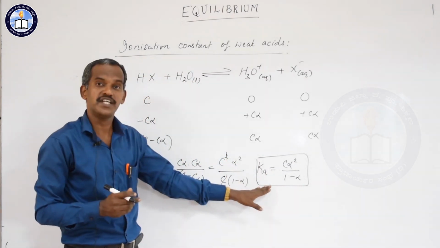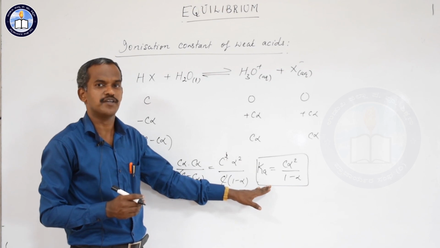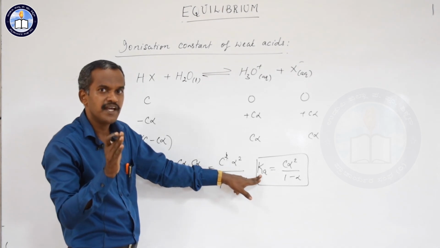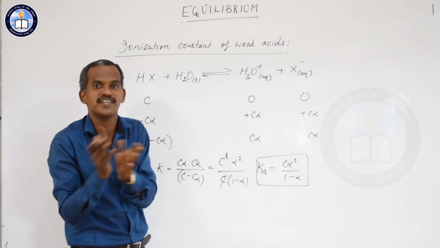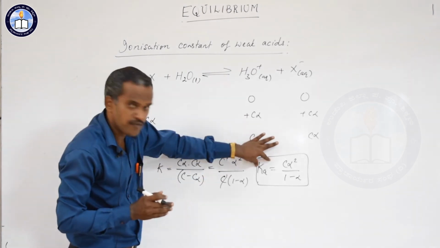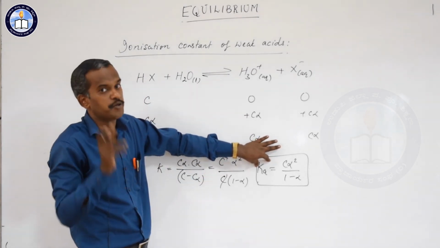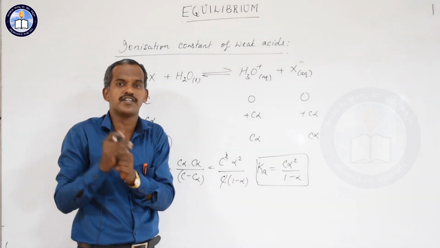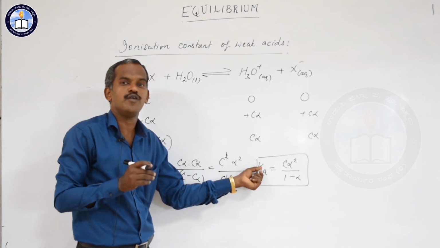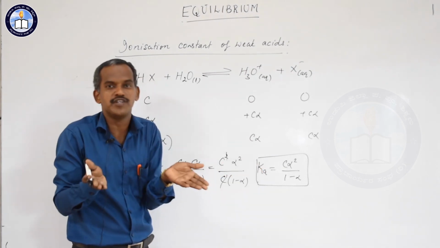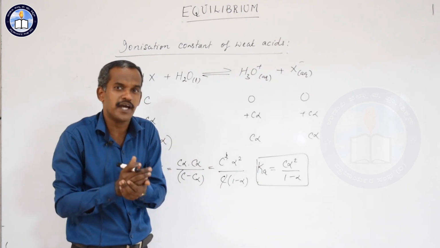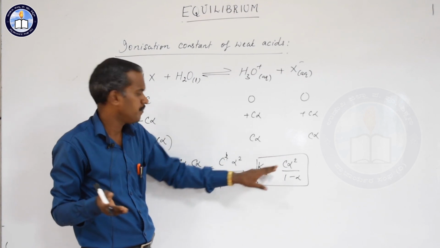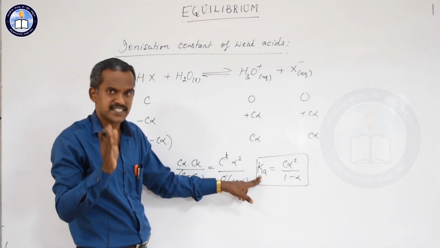Okay, so you'll ask now, what is the significance of this ionization constant or dissociation constant of a weak acid? Now the value of Ka will predict whether it is a strong acid or a weak acid. Okay, if the value of Ka is higher, it is a stronger acid. You have to remember, it will be asked in some competitive exams also. If the Ka values are given for different acids, the larger the value of Ka, the more will be the dissociation, meaning more hydrogen ion concentration. That means there will be stronger acidic strength. So Ka value decides the strength of the acid.